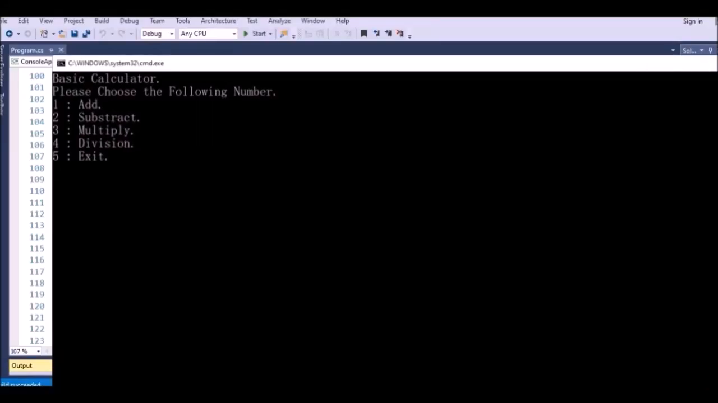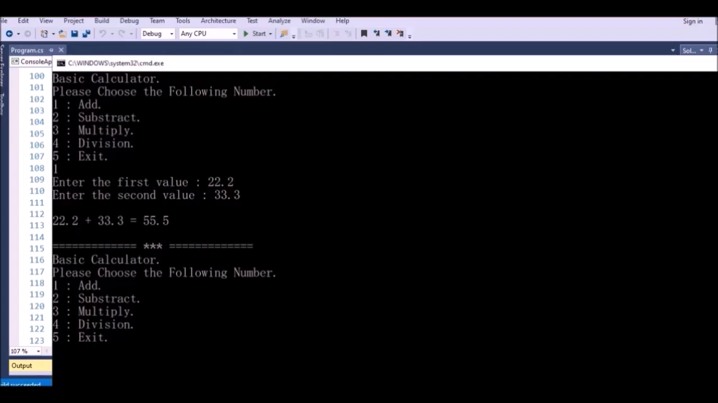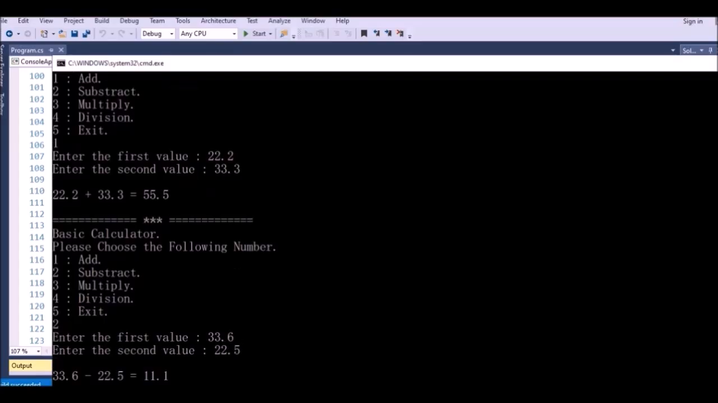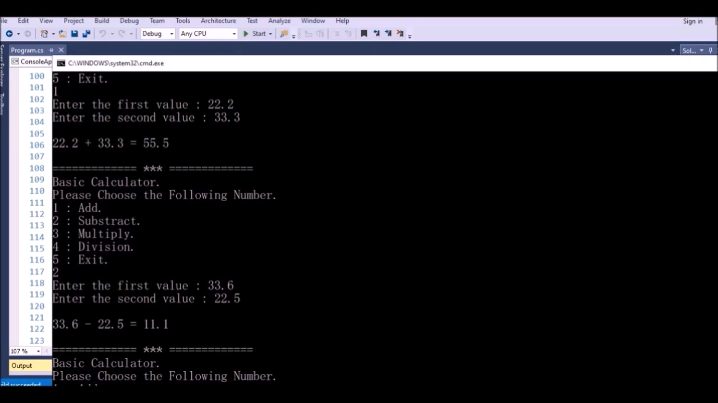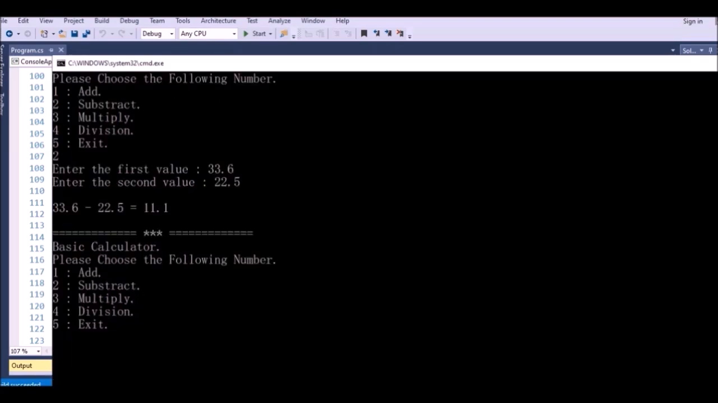For example, I try number 1, right? 22.2 plus 3.3, this one, right? So the next one to subtract, choose number 2, 6.5, like this. And when I want to multiply, just the number 3,